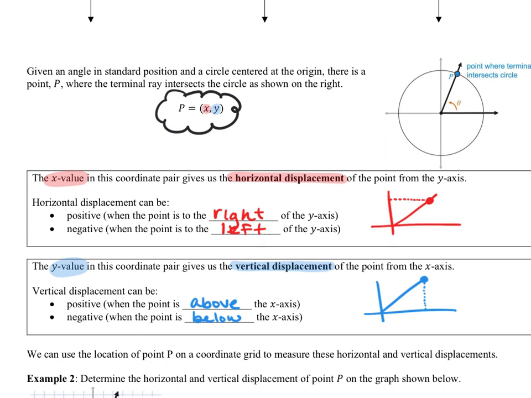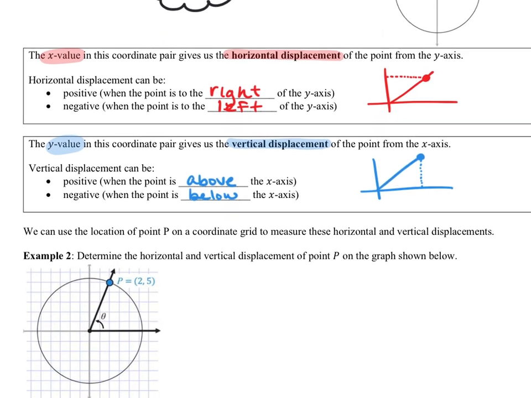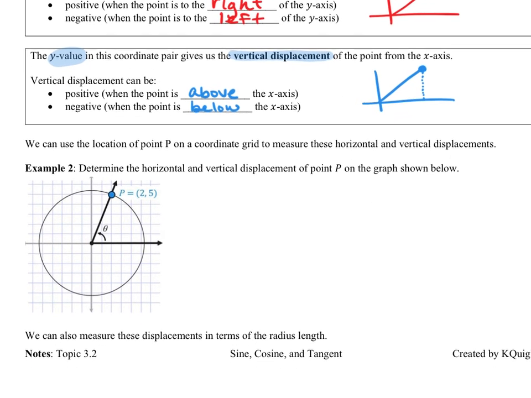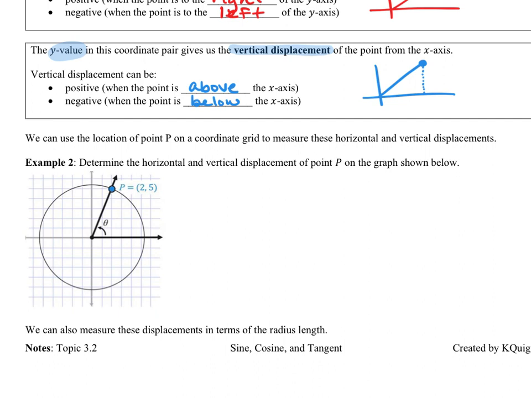So one of the things I'm going to ask you to do is describe the displacement of different points around a circle. And it is really easy because you're just straight up reading the coordinate points, but we are going to have to write sentences because it's pre-cal, so we're going to write in discussion form to talk about this displacement. So we can use the location of point P on a coordinate grid to measure these horizontal and vertical displacements. If we were to describe or determine these two displacements for this point P in example 2, it would